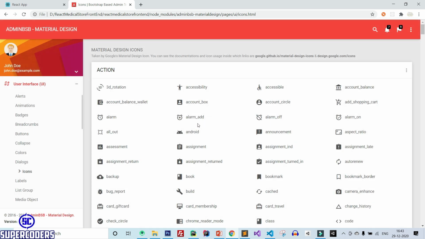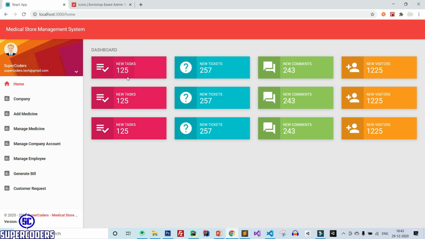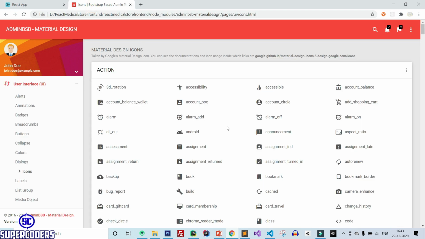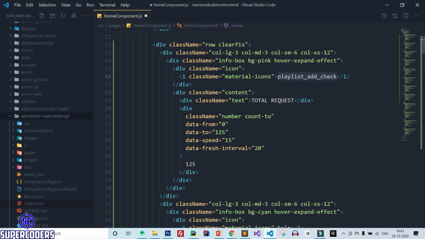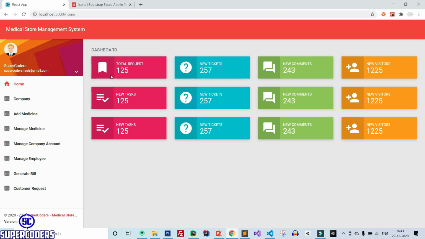Now let's see how you can use these icons in our cards. Just copy the icon name. Suppose we need to use bookmark for request. Copy it, back to VS Code, and instead of playlist, paste the icon and save it. Now back to Chrome and you can see the icon has been changed. The same way you can change all these icons.